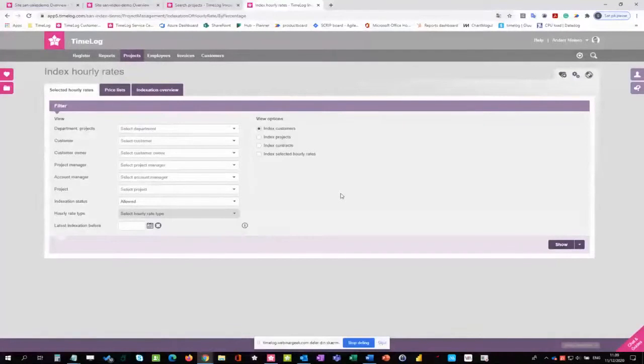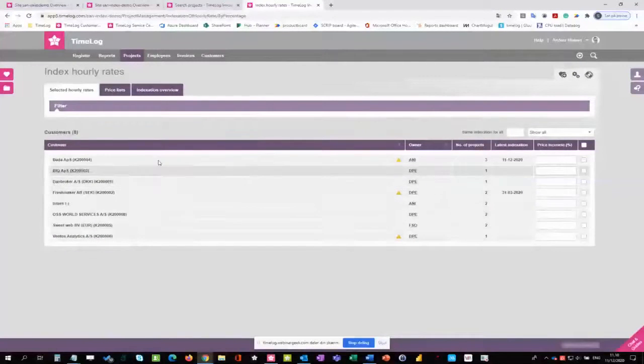And our recommendation is that you start from the broadest level possible. So you index your customers first, and then if you have some special projects or some special agreements on specific projects where you need to go into specific hourly rates, you can sort of go deeper and deeper into these edge cases along the way. But I'll try to demo a flow of how that could be used here. So if I just show my customer list here,